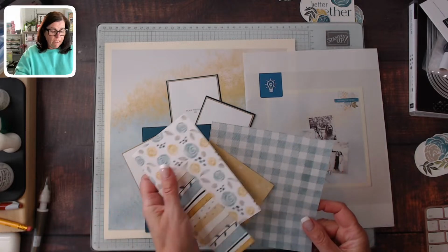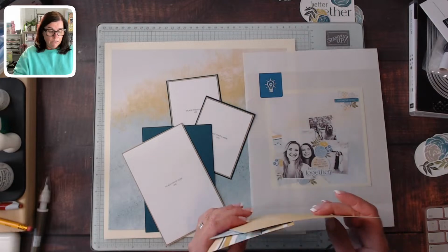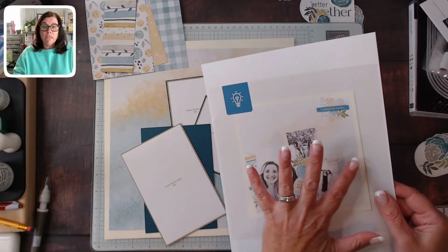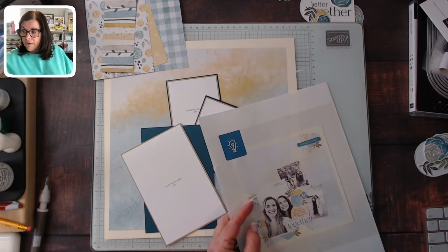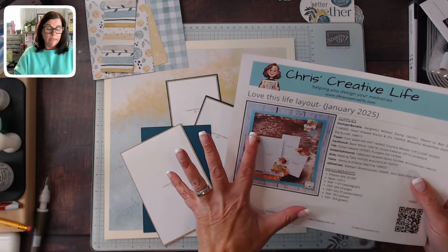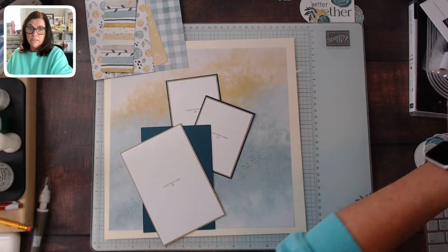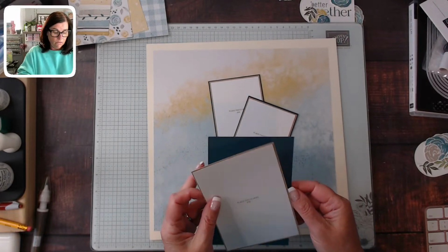But I have some pieces of the Everyday Happiness paper here that we're going to use. This is our inspiration that we are using. And then also my version with the fruit salad. I'm leaning more towards the fruit salad version than necessarily the original version. But so we are going to do, I have